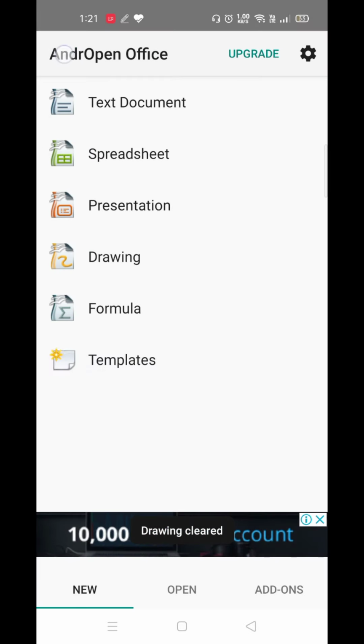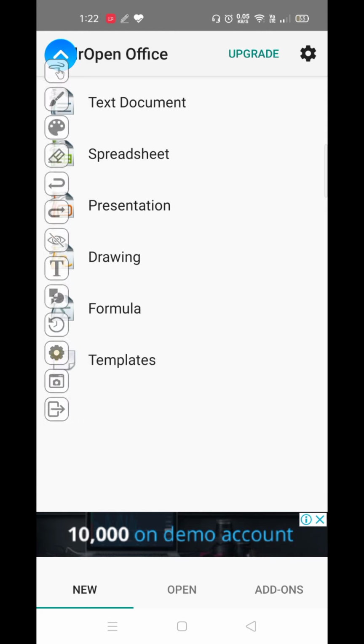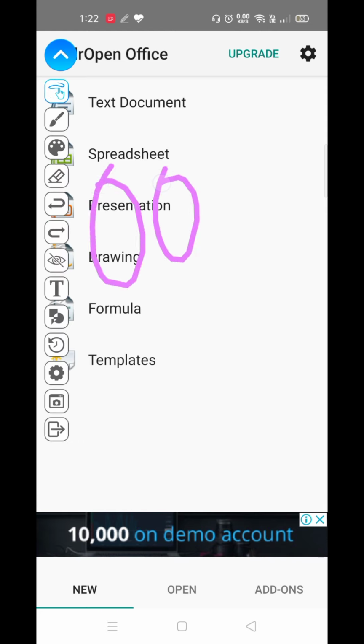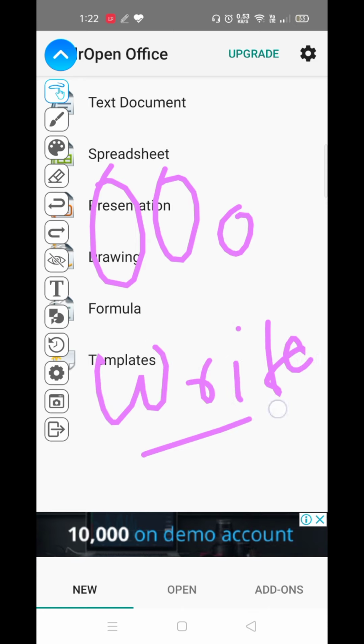Now one by one I will show you all these applications and their uses. Fine, so just focus on the display and keep learning all these new things. What you need to do is install this application from the Play Store or the link which I will give you. Right now we are just focusing on OpenOffice.org Writer.